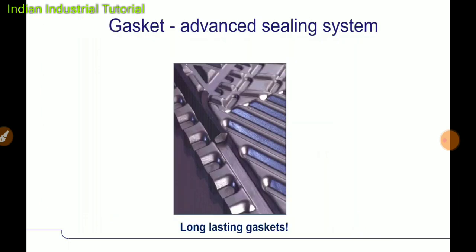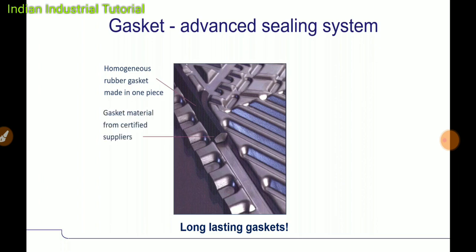You can see the gasket terminology here. The gasket is pentagonal in shape, a rooftop gasket. It is a homogenized rubber gasket made from one piece. It is not joined in pieces and then vulcanized, because the gasket needs a very high sealing force. When we buy a gasket somewhere and find that the gasket life is very low, the reason is that the gasket quality or gasket rubber material is not proper. If it is from a certified supplier with special material and a proper shape, definitely the gasket life will be around 3 years in a chemical plant.